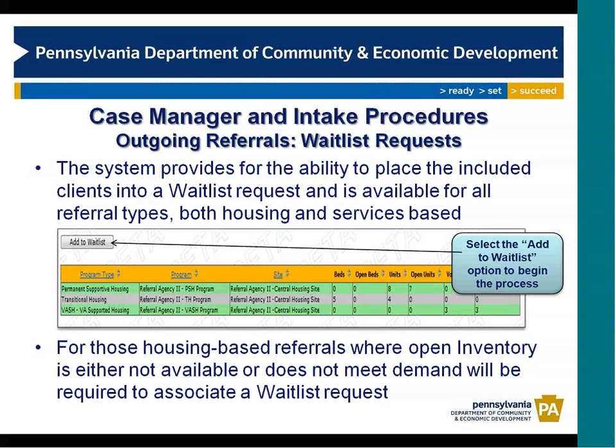Now, the system also allows clients to be associated to what we call a waitlist request. Waitlist requests can be used not only for housing-based referrals, but also service-based referrals as well. For the housing-based, if there's a circumstance where a reservation can't be had, you can't find any open inventory but you want to send them to that agency, or they might have open inventory but the situation just doesn't meet there,